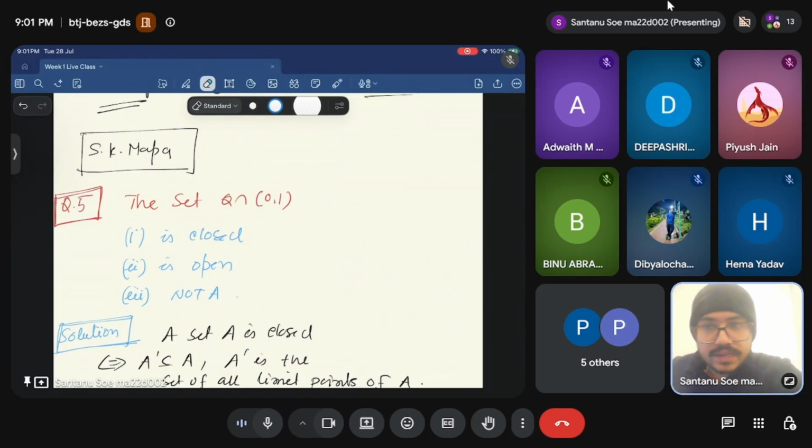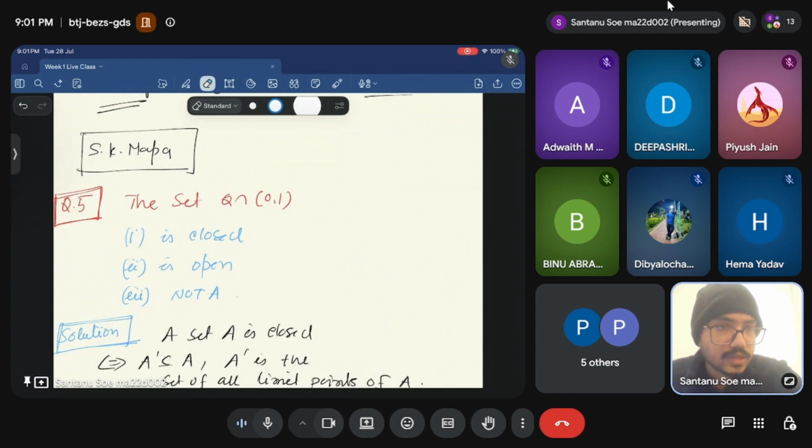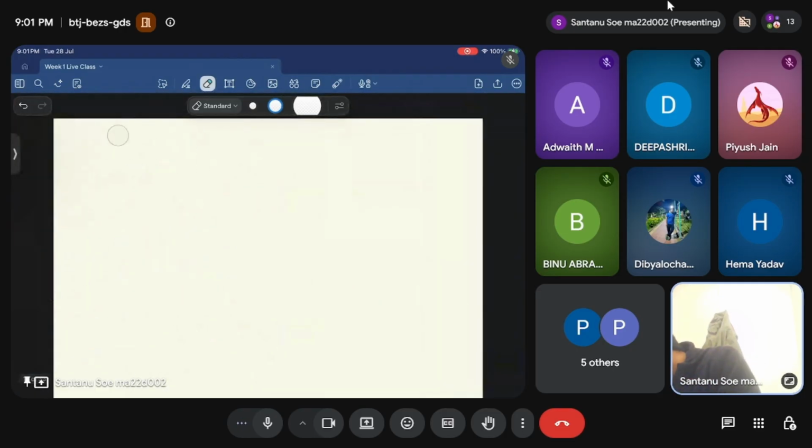So now can anyone tell me why this set, Q intersection (0,1), is not closed? Now we have gotten a clue, right? Because the set is not closed. So if you take, let's say, a in Q intersection (0,1),